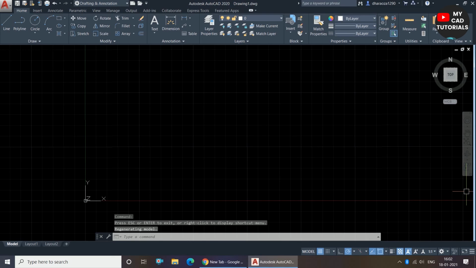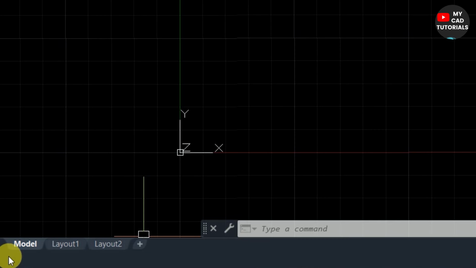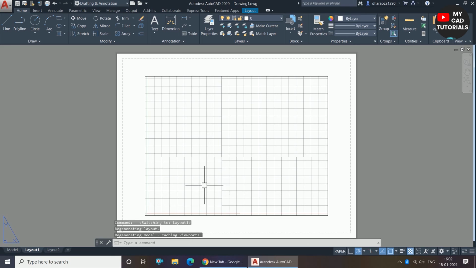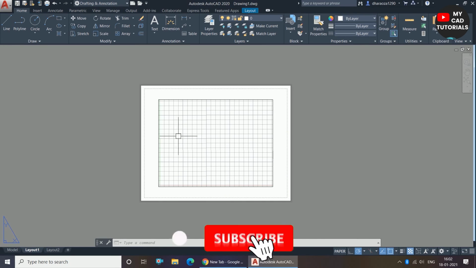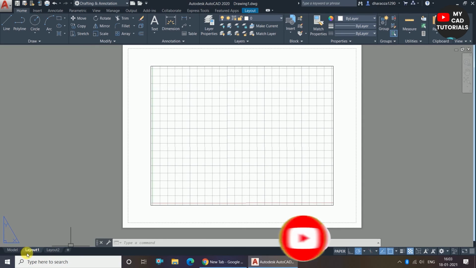So next is the layout tab. This is called the layout tab. Layout tab is used to convert any small area of drawing into sheet layout or PDF layout for printing purposes. So I am clicking on the layout one. You can see here one sheet is available. So if you want to print any kind of sheet, or if you want to print your drawing in the dimension of any sheet, you can set your drawing in this layout. You can print it out. So layout tab is used for printing purposes.